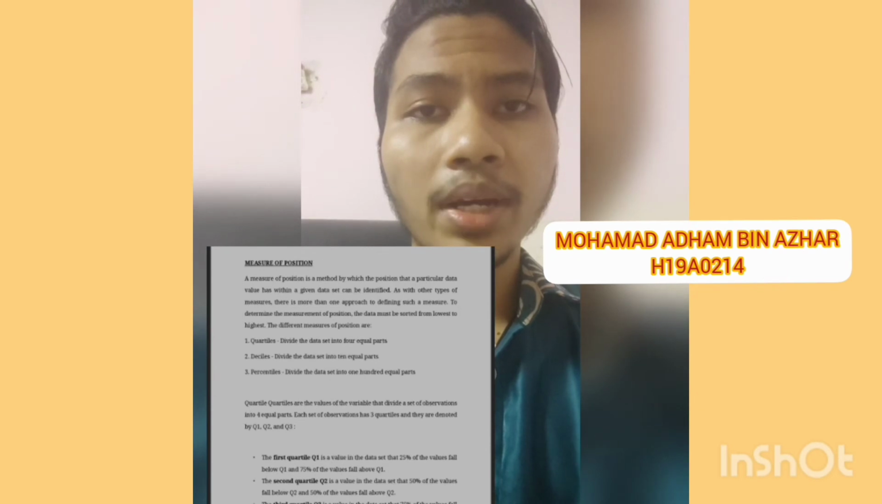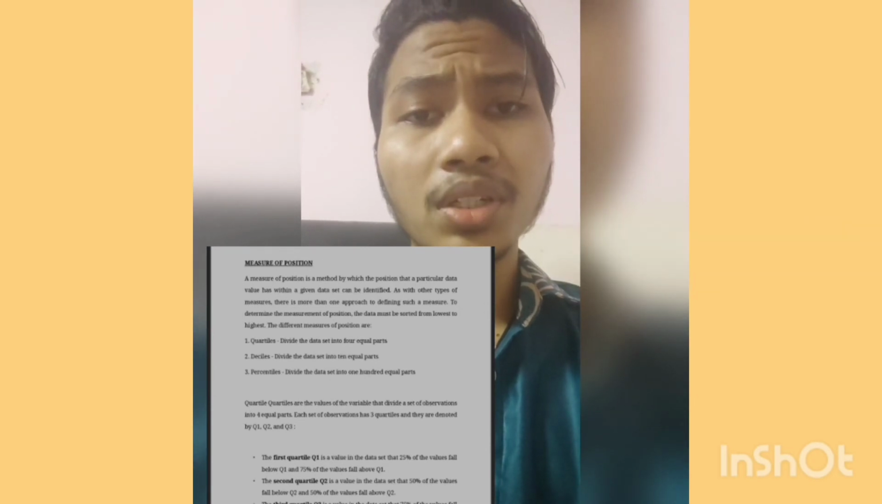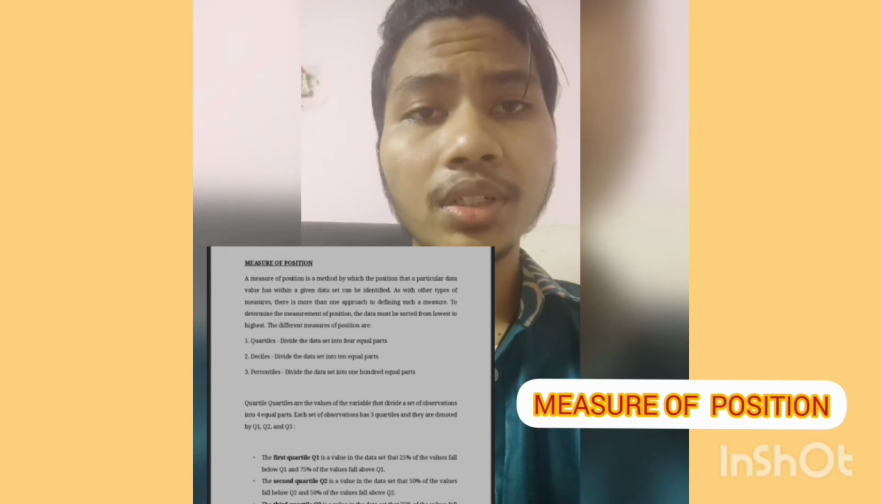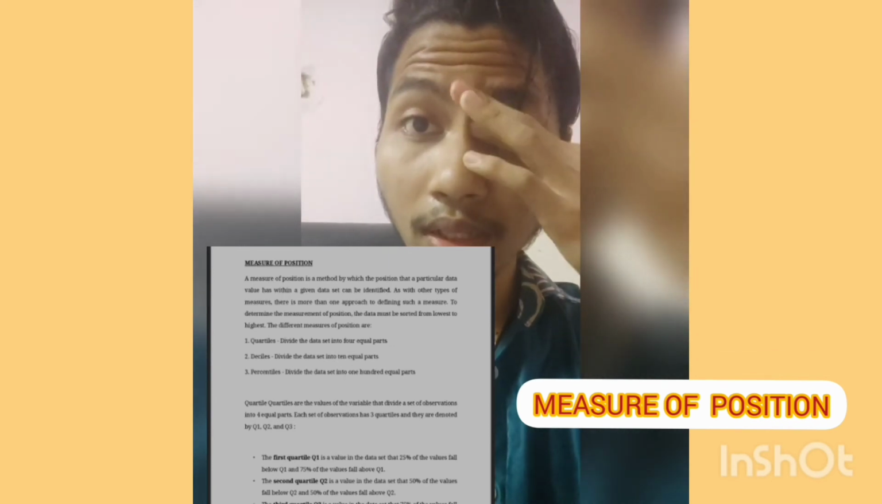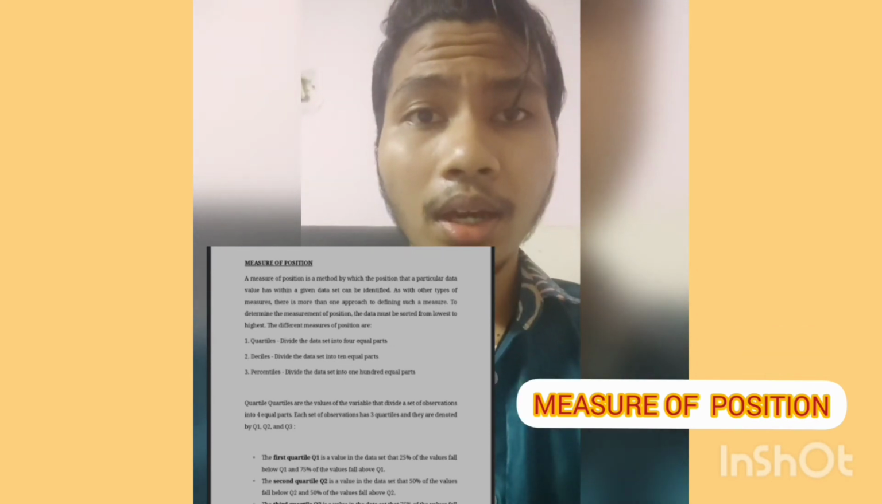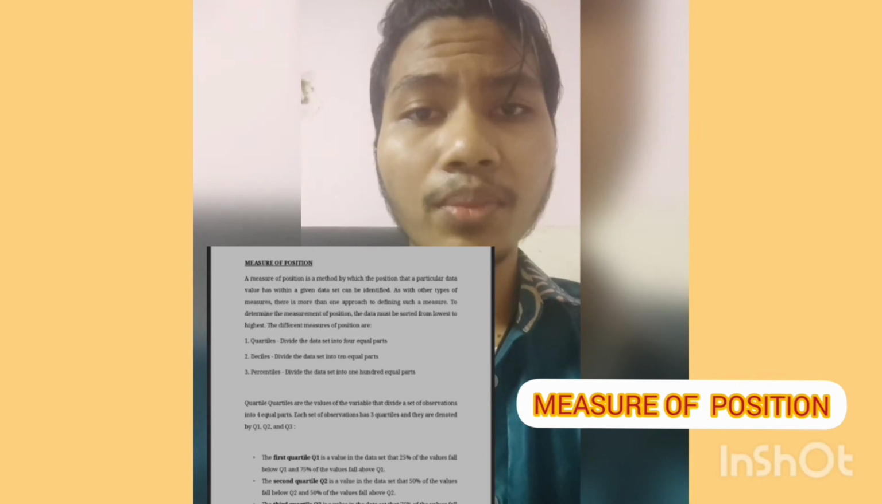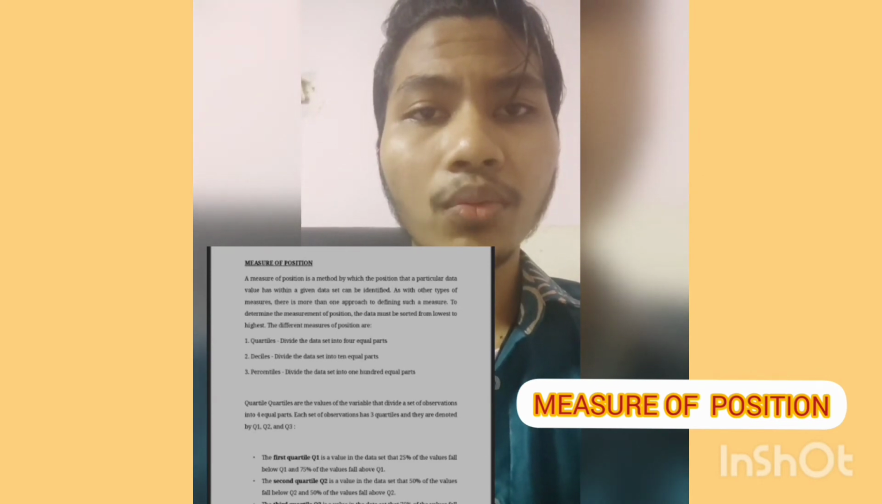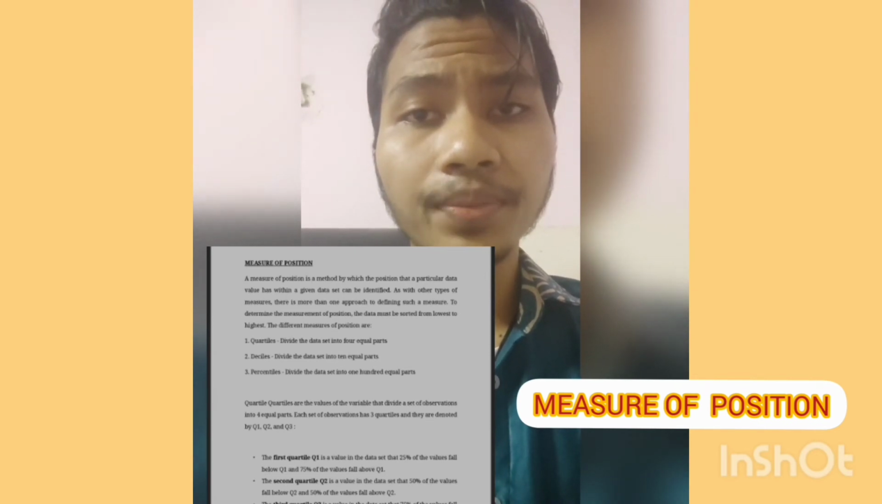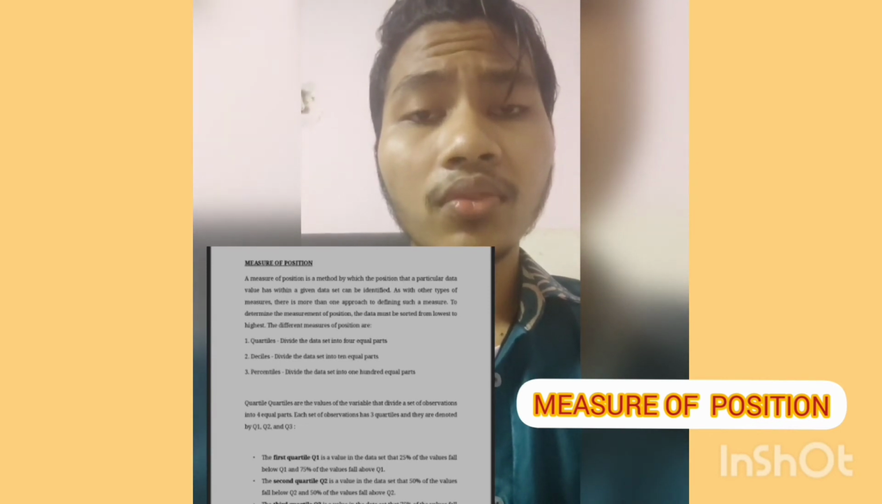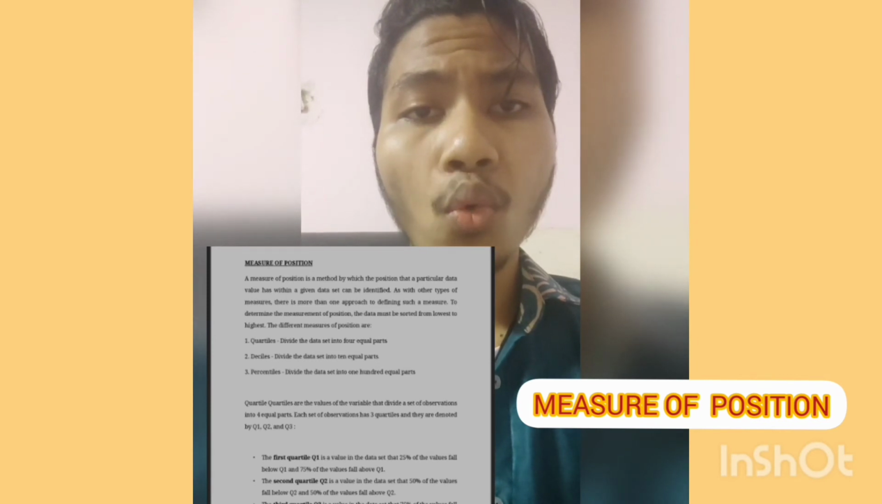Assalamualaikum, my name is Muhammad Adham bin Azhar. Today I want to talk about measure of position. Measure of position is a method by which the position that a particular data value has within a given data set can be identified, as with other types of measures. There is more than one approach to defining such a measure. The data must be sorted from lowest to highest. The different measures of position are, first,